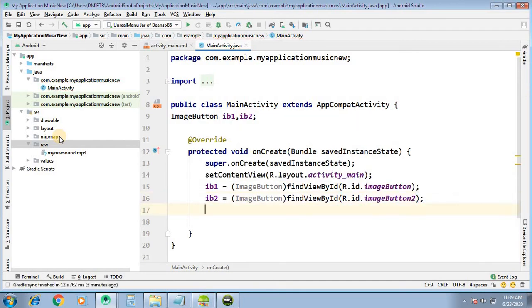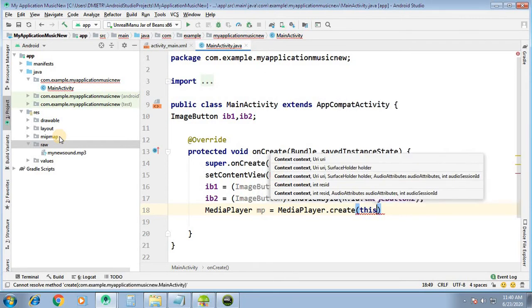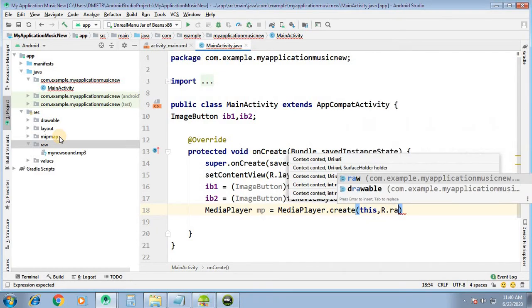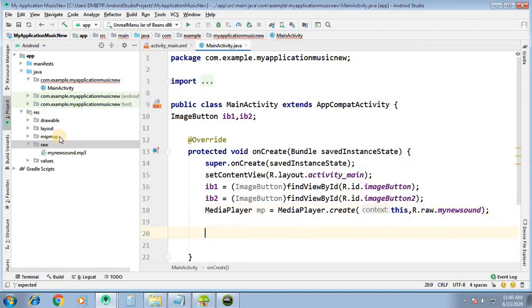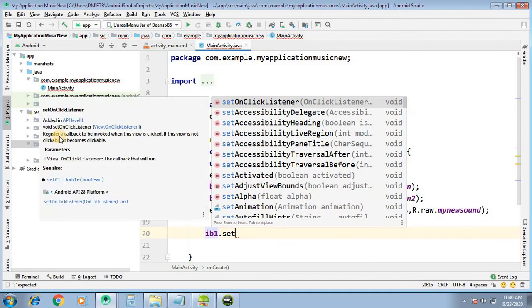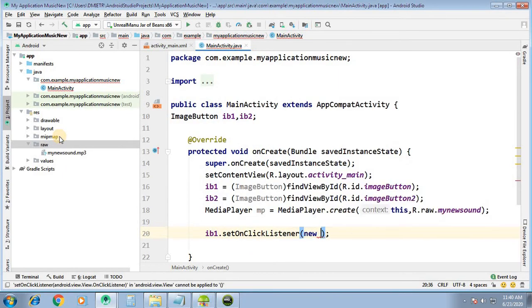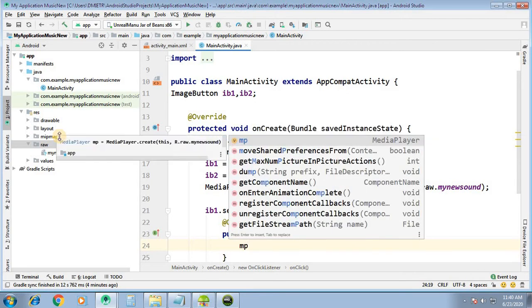Now we will create the object of media player. Media player mp equal to media player dot create, for this context, and the file we have to set, R dot raw dot my new sound. This is what we want to play. Now simply IB1 dot set on click listener, new on click listener, and mp media player dot start.